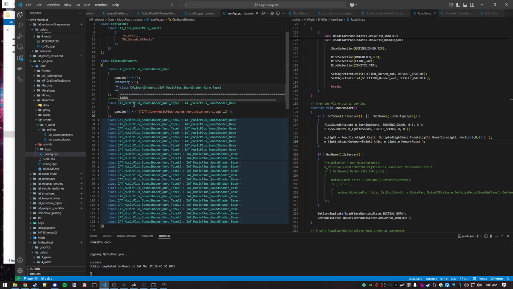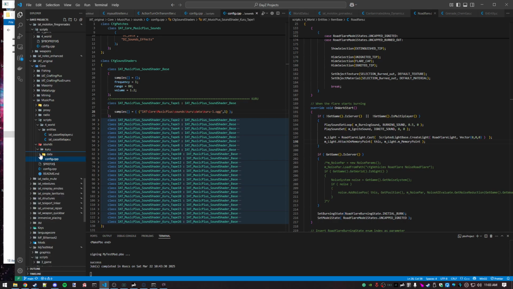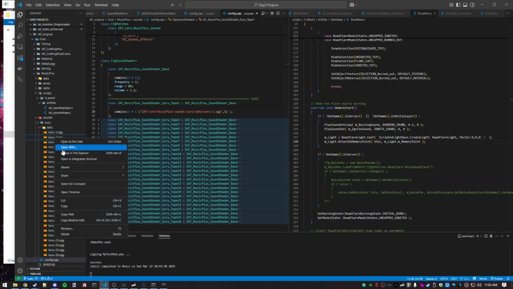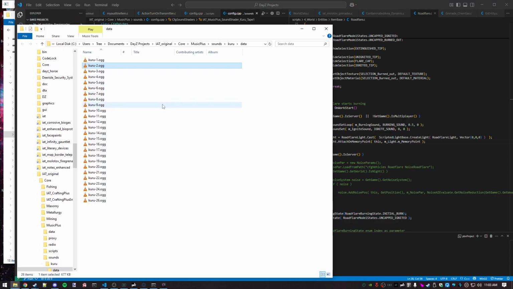Cool. So let's decompose what we're looking at here. We have the base class, we have the name of our child class, and we have a samples array. And that array is pointing to file paths and the weight of probability to play that sound. If we look at my example, we'll go into IAT, core, music plus, sounds, Kuru, data, and you can see all my OGGs here. And if I were to open it up,